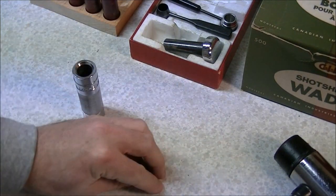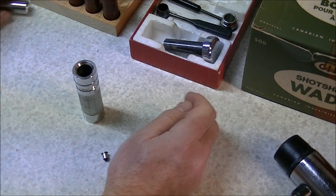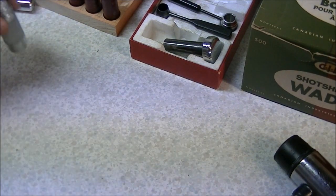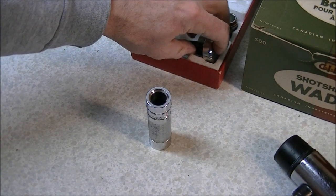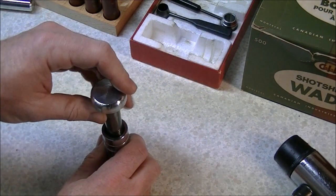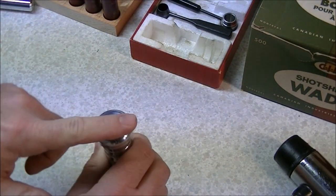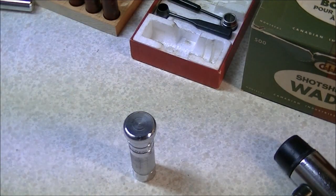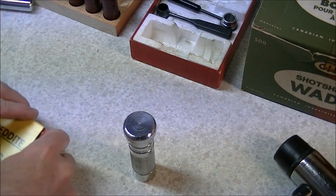So there's our primers knocked out. We can just scoot those out of the way. Next thing to do is reprime. Now in the instructions they show repriming as having this rammer in the top of the die body, and then placing a primer on top of that ram,